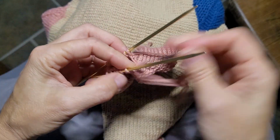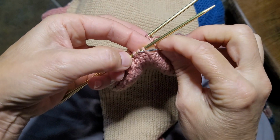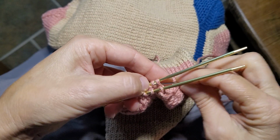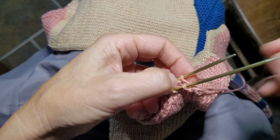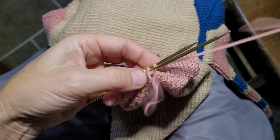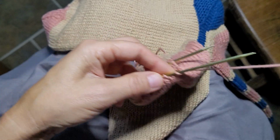Front needle, left to right, remove, right to left, do not remove, back needle, right to left, remove, and left to right, do not remove, front needle, left to right, remove,